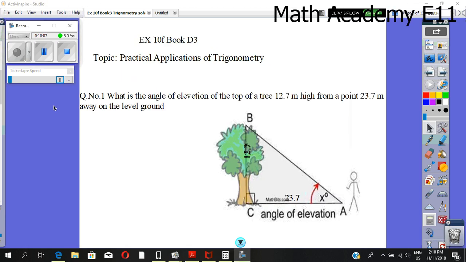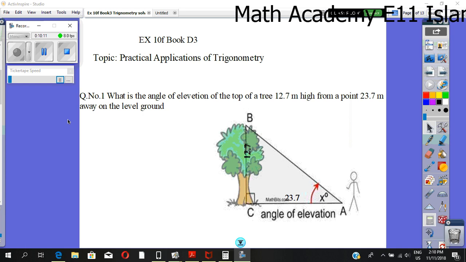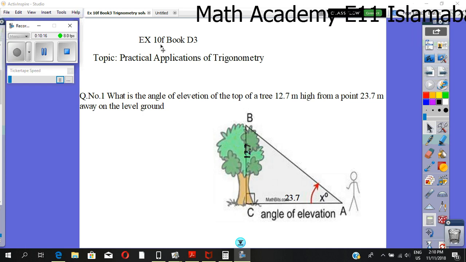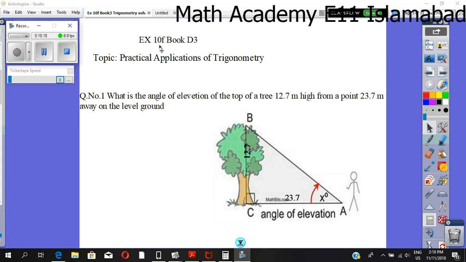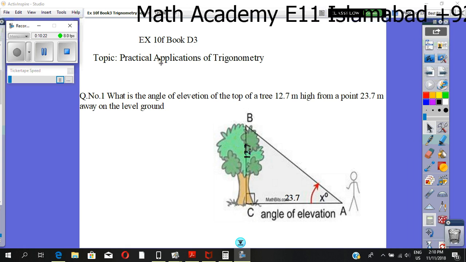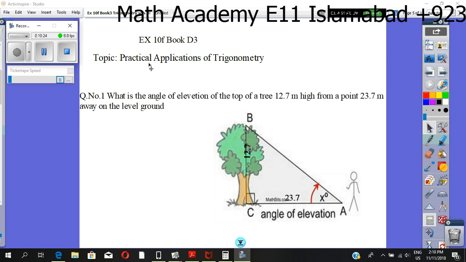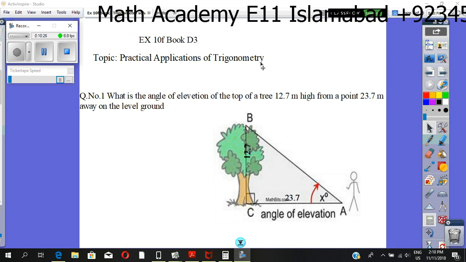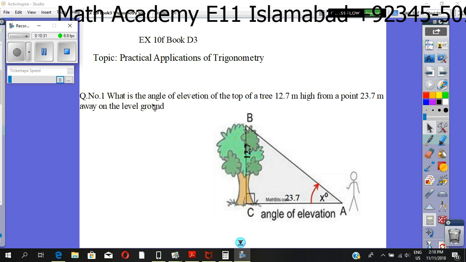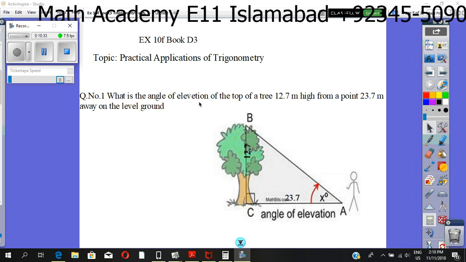After learning the three functions of trigonometrical ratios, we're supposed to start with some word problems. These word problems are taken from Exercise 10F, Cambridge O-level Book 3, and the topic is practical applications of trigonometry. Question number 1 asks: what is the angle of elevation of the top of a tree